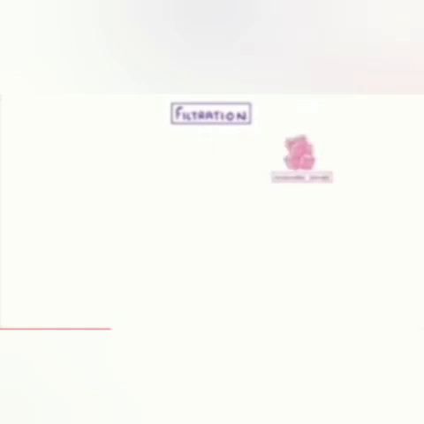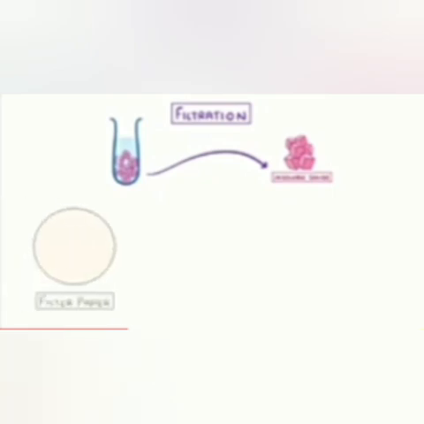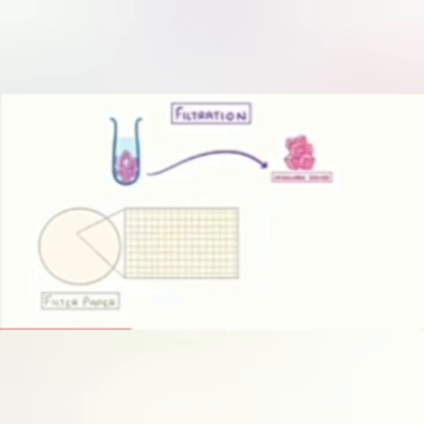Filtration. The process of removing an insoluble solid from a liquid using a filter paper is called filtration. The mixture of insoluble solid and liquid is poured into a filter paper cone fixed in a funnel by using a glass rod as a guide. The liquid passes through the filter paper and collects in the beaker kept below the funnel. The solid particles do not pass through the filter paper and remain behind on it.